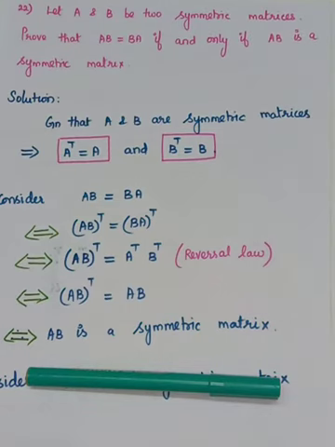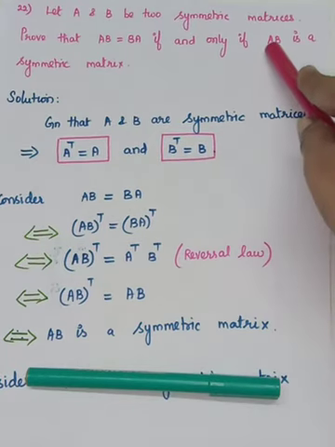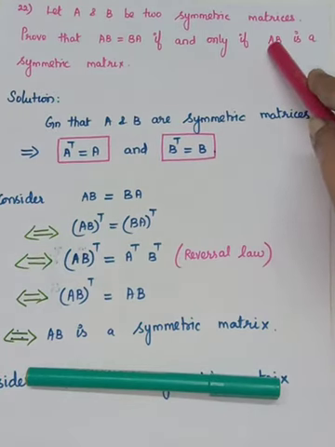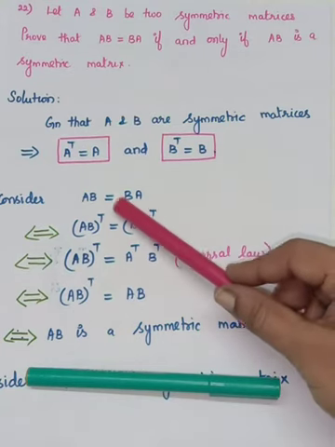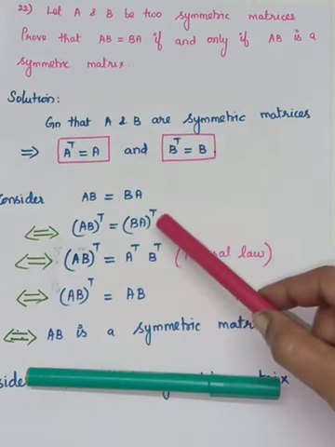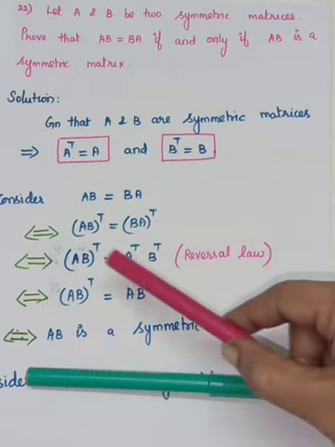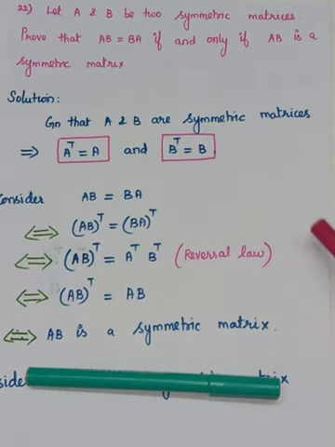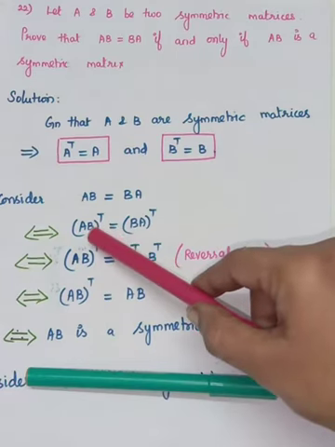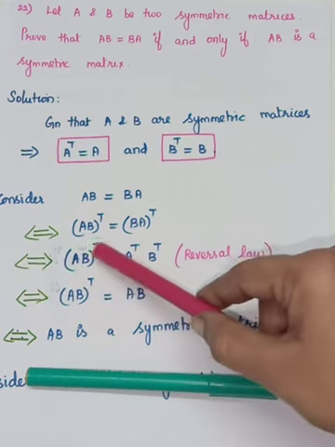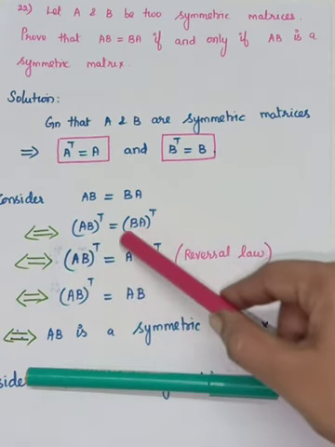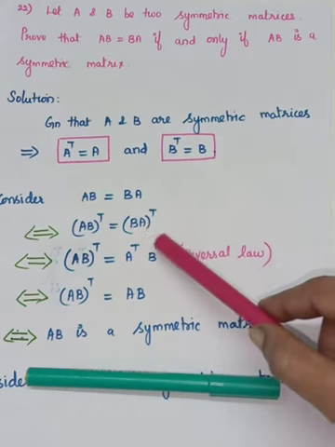So A is a symmetric matrix means A transpose should be A. So here which is the symmetric matrix? AB. So AB transpose should be AB, then we can very well say AB is a symmetric matrix. So this is the given result. So I apply transpose on both sides. So you will have the reversal law of transposes. Here on the left side I didn't apply it, because we need AB the whole transpose, so I have written it as it is. On the right side we are going to apply the reversal law of transposes.